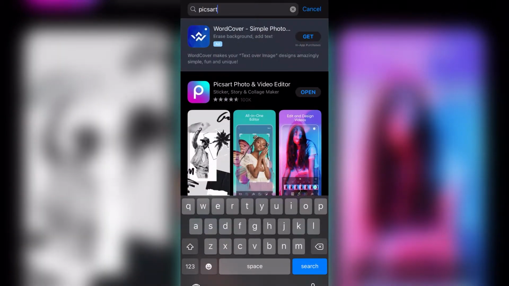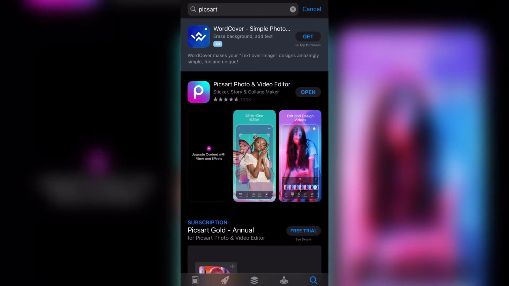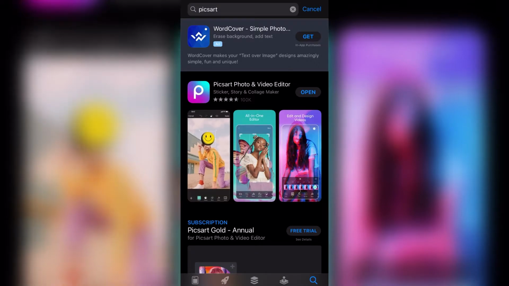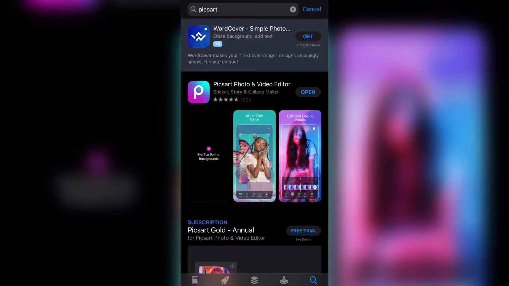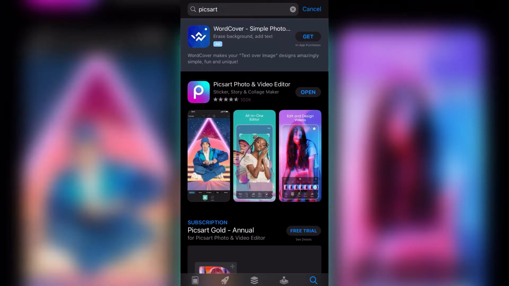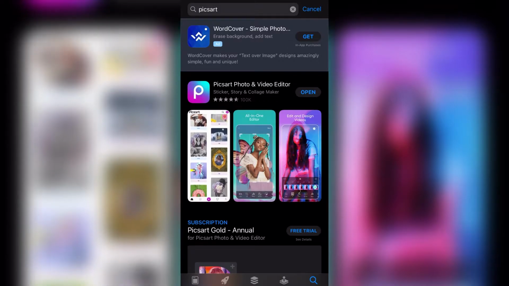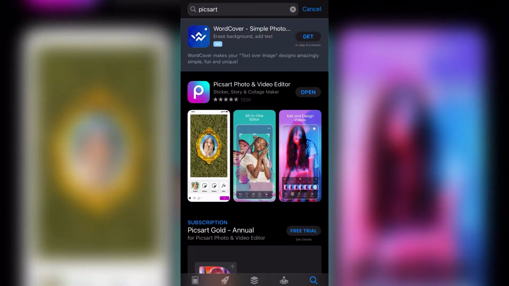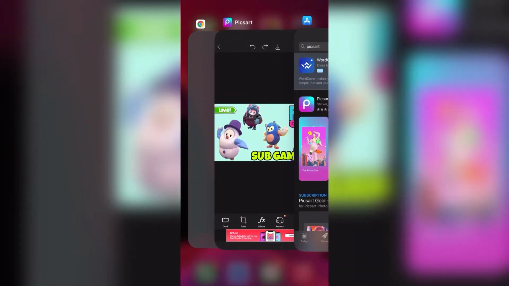Most of you know about PicsArt already, how it works and everything. In this video I will tell you how to properly use it. Some people find it difficult, but it's the easiest app I ever found, and it's so crazy. As you can see on the left, it's showing you a video of how to edit. You can see this video as well, and look at the things, it's making it so cool. Okay, now let me come back.